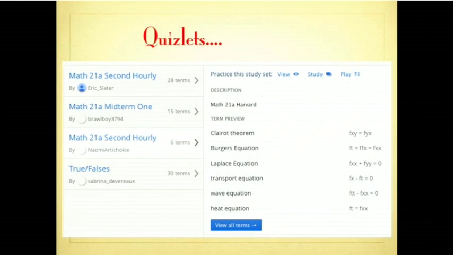You know them well. By the way, I just learned today about Quizlets, and it's kind of funny. If you look at what Harvard 21A has done, there are some true-false questions, I think just ripped from our practice exams. But there is actually a little Quizlet about PDEs, which I'm honored has made it there.